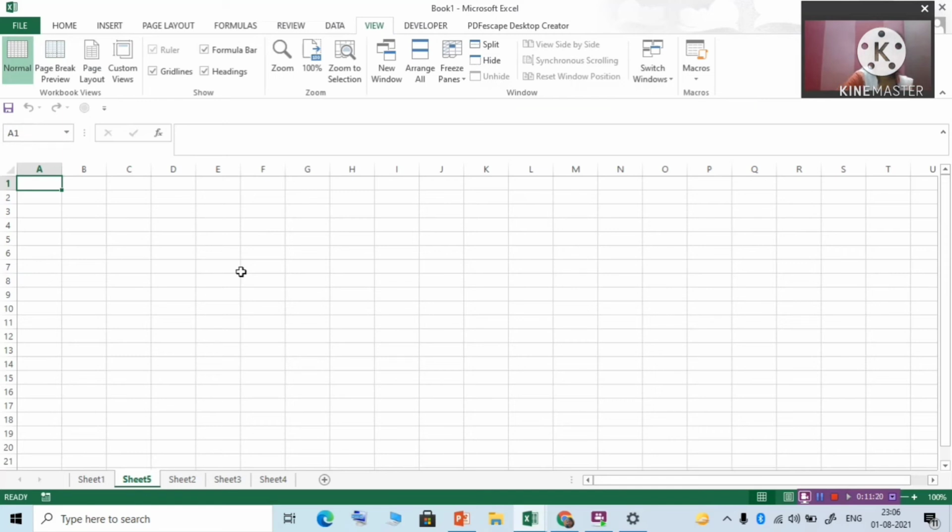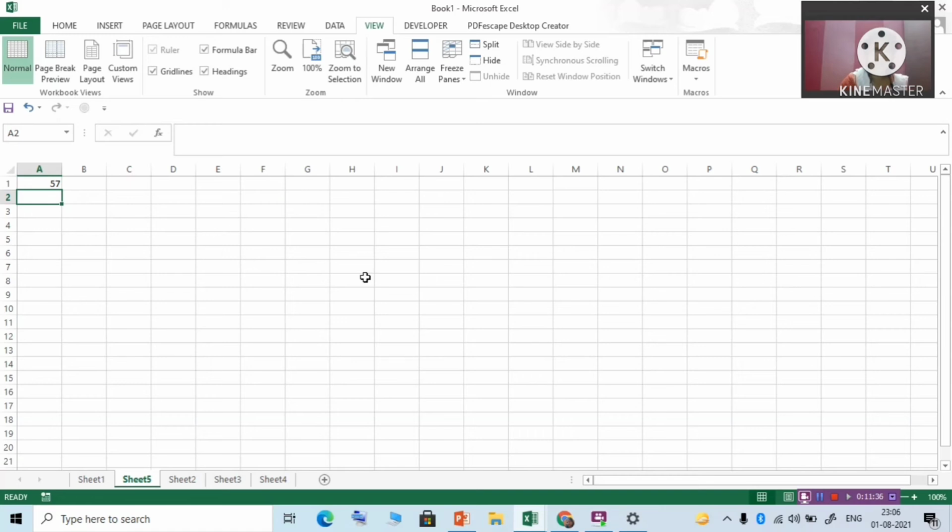Here you can write equal to and then that function name. You will get the value. Hope all of you understood.